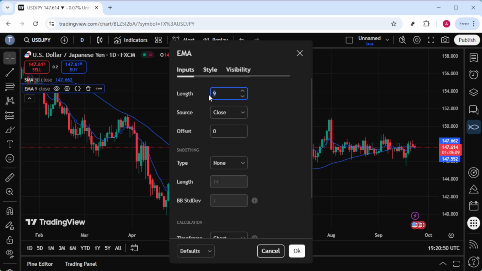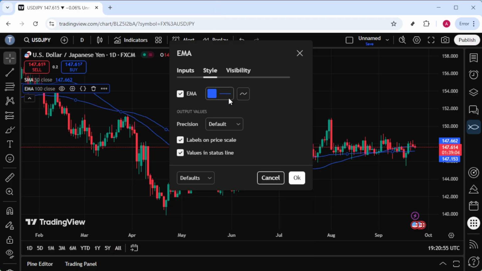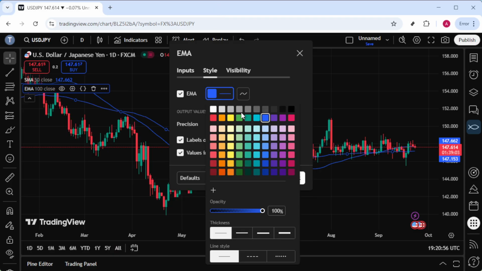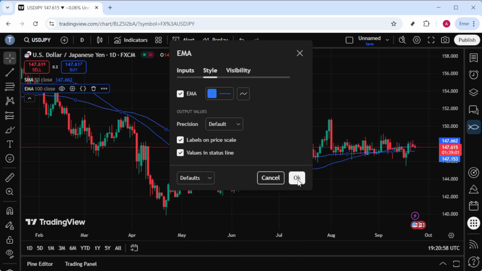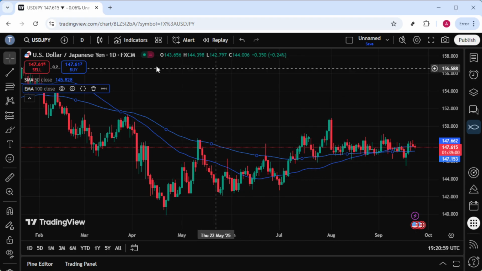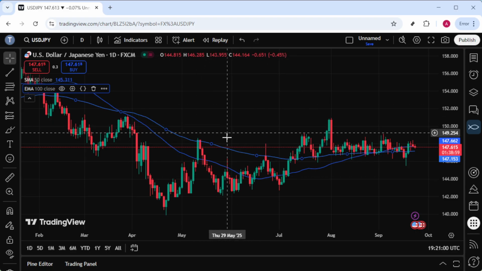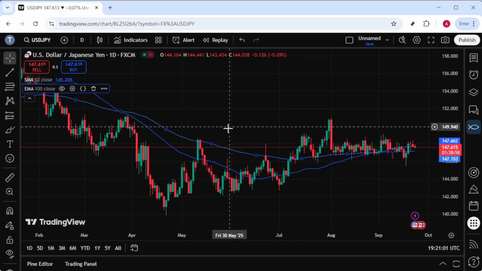While you're still in the settings, click on Style and change the color of the EMA line to distinguish it from the SMA. A different color will help you easily identify which line aligns with which moving average method. Finally, once you're satisfied with your setup, click OK to confirm all your settings. Your chart is now equipped with both SMA and EMA, offering a robust view of the price movements over different